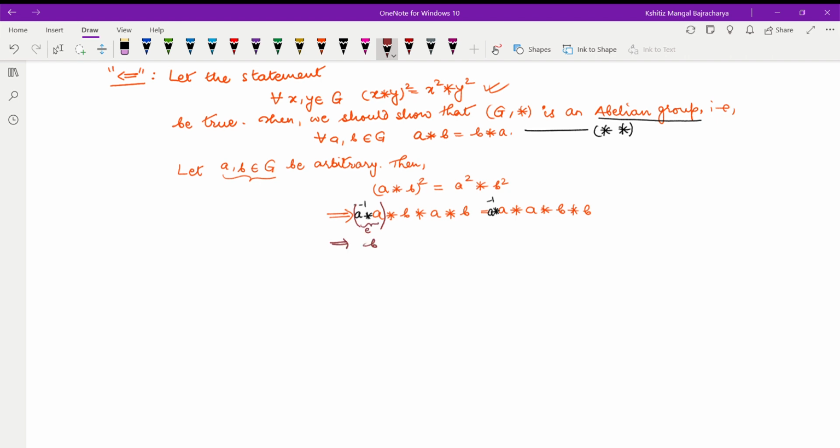So E star B is simply B, and the remaining A star B is as it is. Again, if we introduce the parenthesis like this, this will be the identity E, and E star A means A star B star B. Okay, now let's introduce the inverse of B over here, like this,